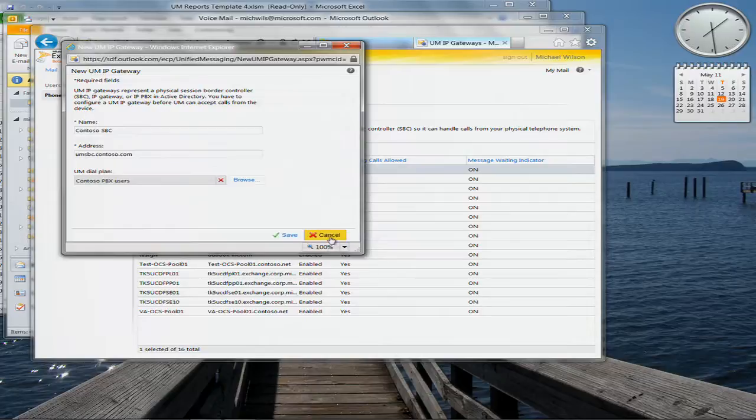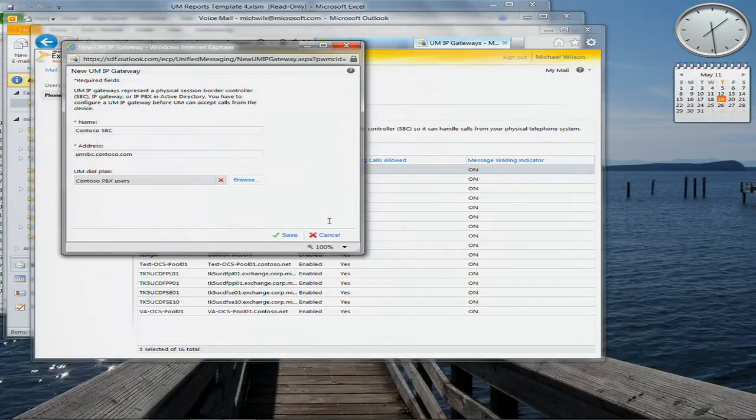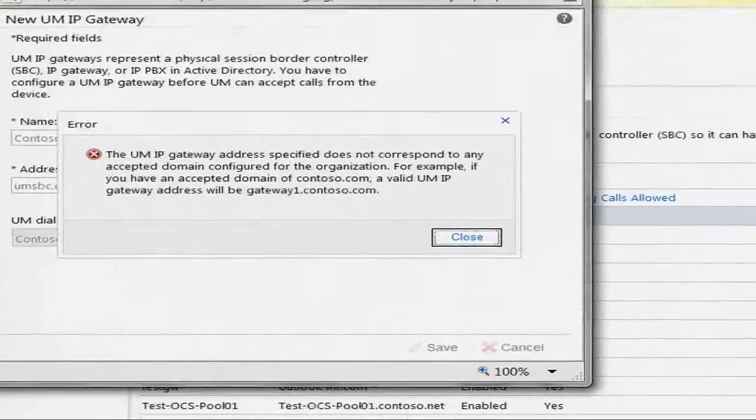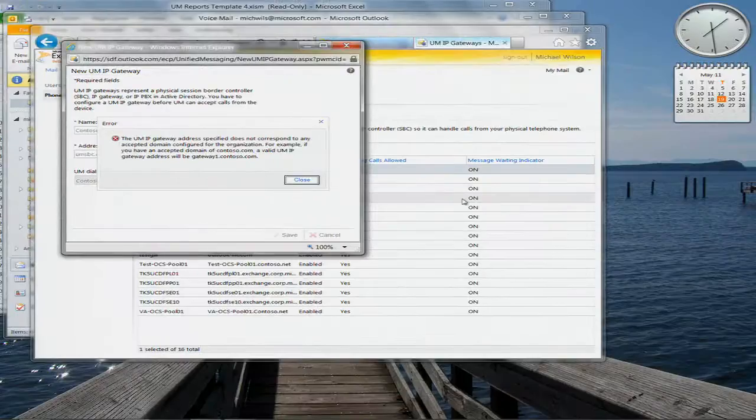Okay, well, let me just... yeah, so what it's telling me there, and something I forgot to do in the demonstration, is that the IP gateway address I put in there, contoso.com, doesn't correspond to any accepted domain that's configured for this organization. I'm actually using an existing organization, and contoso.com is not an accepted